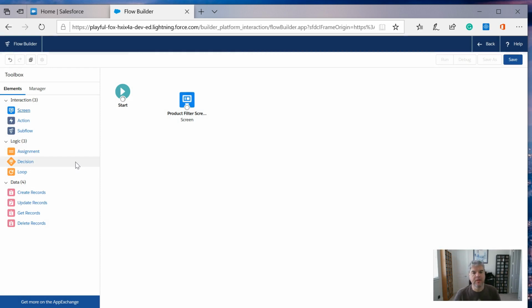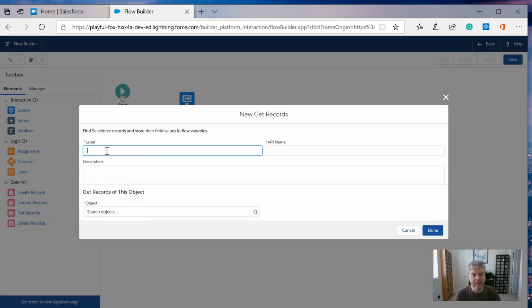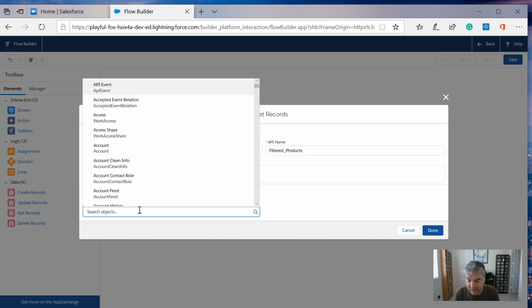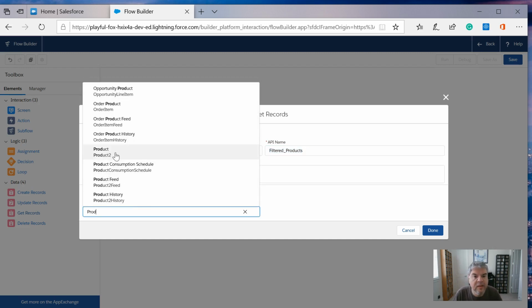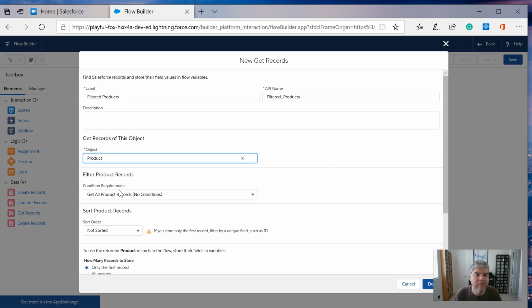All right. So the next thing I'm going to want to do is get a list of the records. So I'm going to choose a get records. And I'm going to call this filtered products. Filtered products. Okay. And I'm going to search the object products. And on this exercise, for some reason, when you put in everything, it puts it under product 2. So it's product 2,